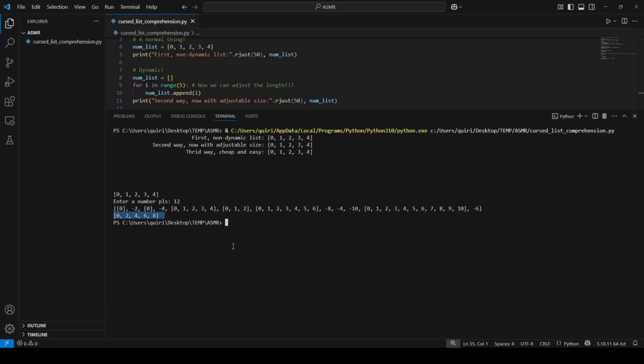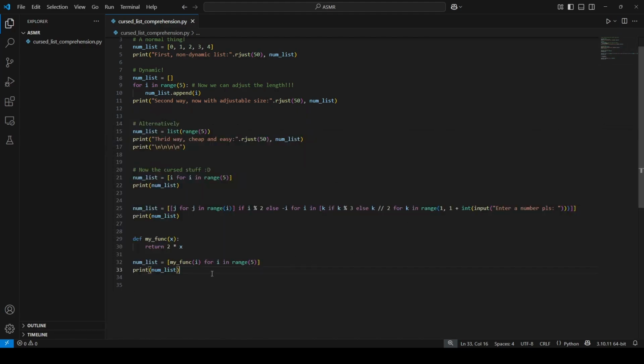So now we're times 2ing all of the numbers in there. That's cool and all, but all of this just so we can execute something complex here is not that nice, is it? So instead, what we can do is